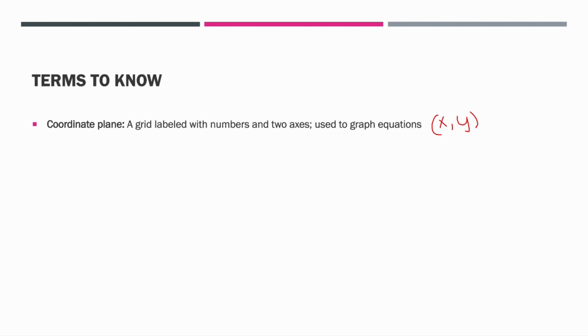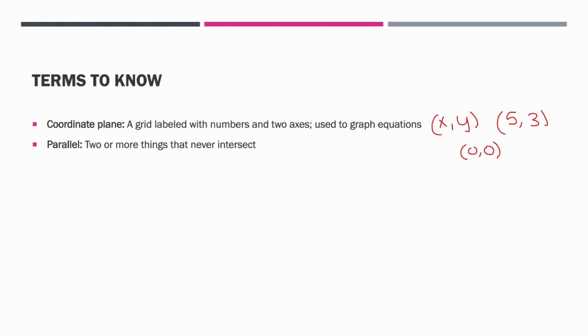And when you write a coordinate, you have to write the value that is on the x-axis first and then the value that is on the y-axis second. So if you have the coordinate, say, (5, 3), that means from your point of origin, or the coordinate point (0, 0), you have to go 5 units to the right on your x-axis and 3 units up on your y-axis.